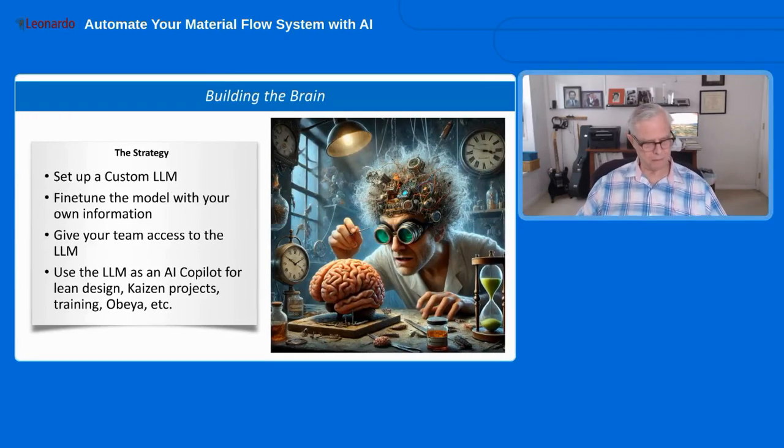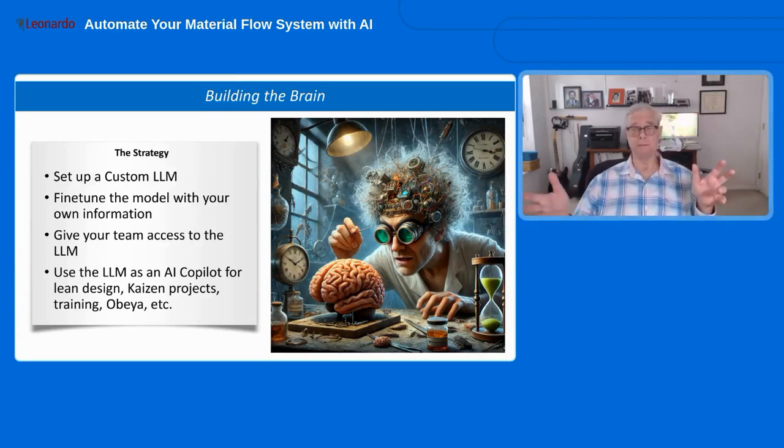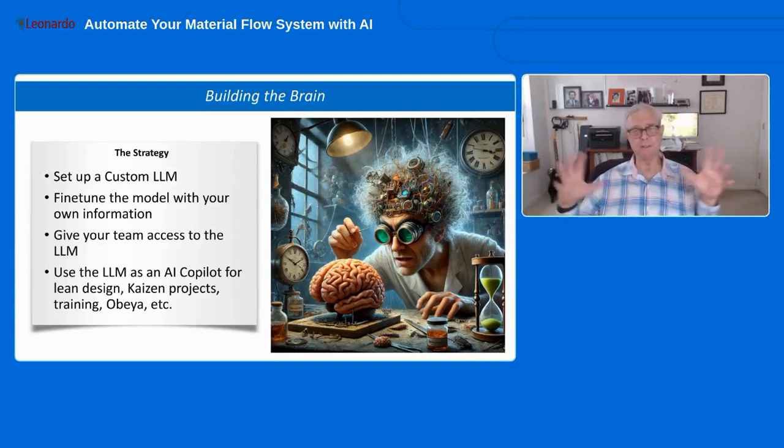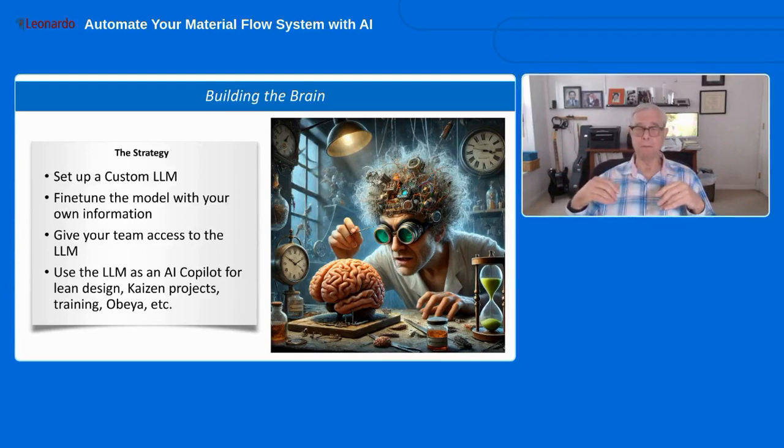It's very interesting. It's what I'm calling, I guess, building the brain. So what we're working on here at Leonardo Group is building the Leonardo brain. What do I mean by that? Well, we're going to take a large language model, and there are lots of choices there, but we're going to train that model in addition to what it's already been trained in, right? Some of these models are huge. Some of these models are mini or smaller, but in addition to whatever's been trained in, we're going to add our specific content. So we're going to create a custom large language model built on an existing model. And this is quite mind-blowing because it costs these companies